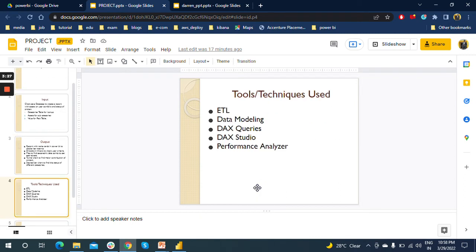So we told the client to use Power BI because these techniques are already available in Power BI: the ETL process, data modeling and DAX queries. These are used to enhance the report usage without needing any third party or another connector. So everything is placed in Power BI for a better walkthrough, and